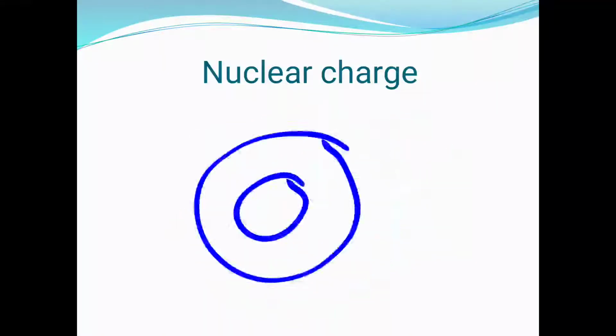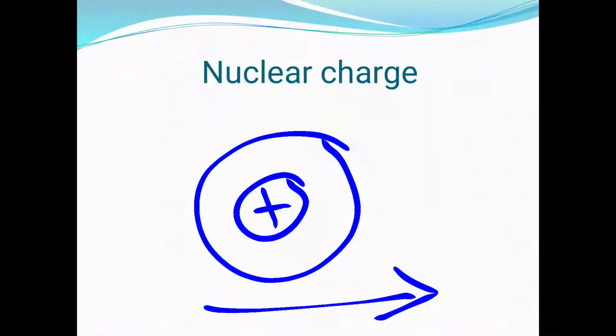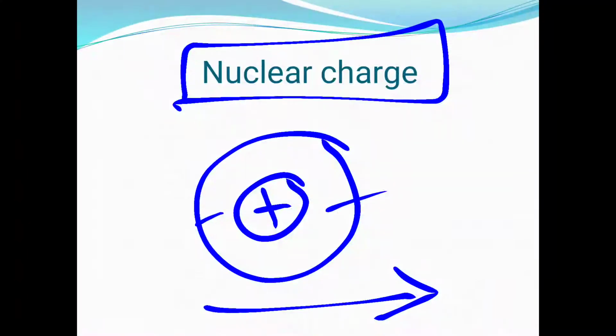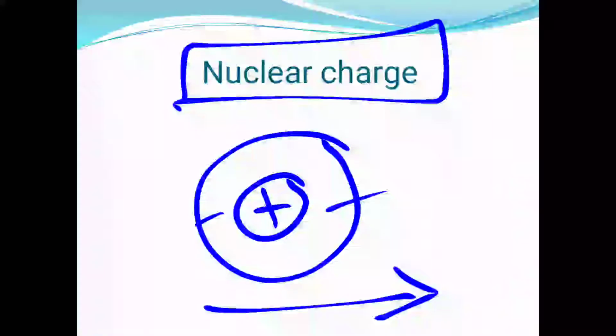right? We also know that the number of protons inside the nucleus is nothing but the atomic number of that element, right? As the atomic number increases, the number of protons inside the nucleus also increases, and the number of electrons outside the nucleus on the shells also increases, because the number of protons is equal to the number of electrons, okay? As the number of protons increases, the nuclear charge, that is the positive charge, goes on increasing.